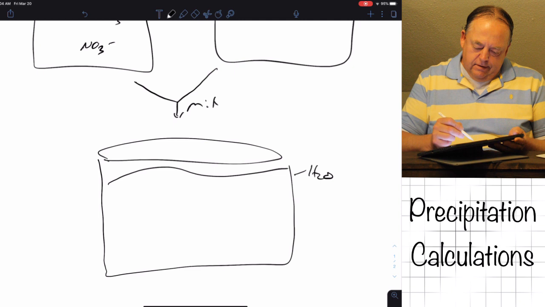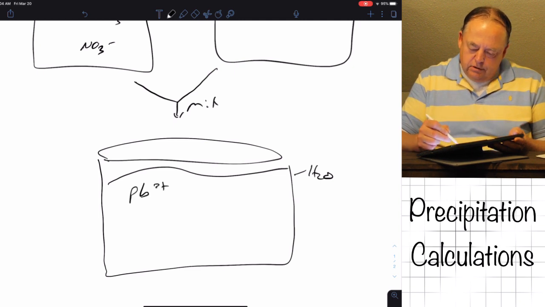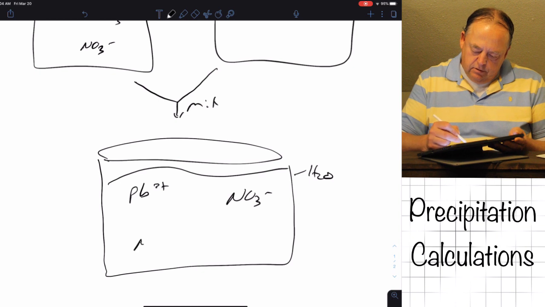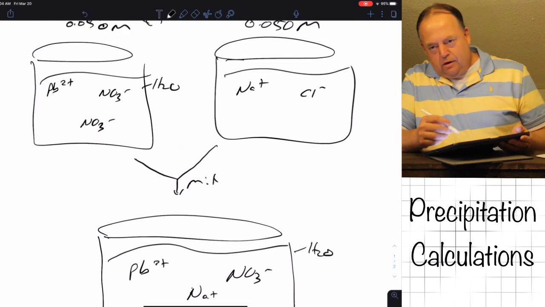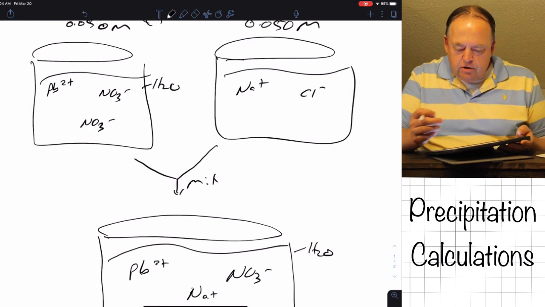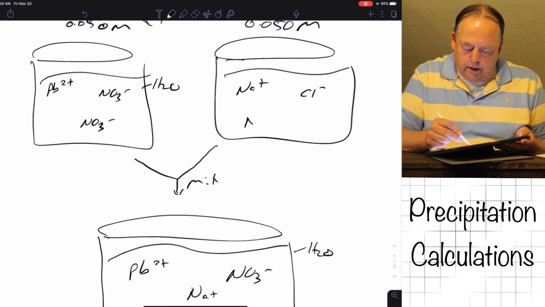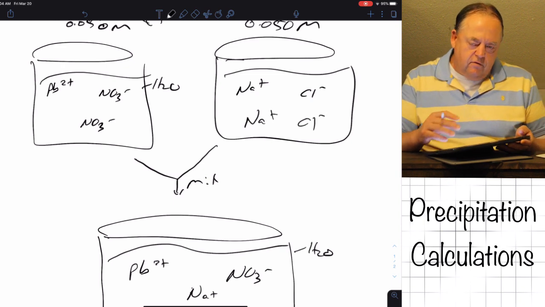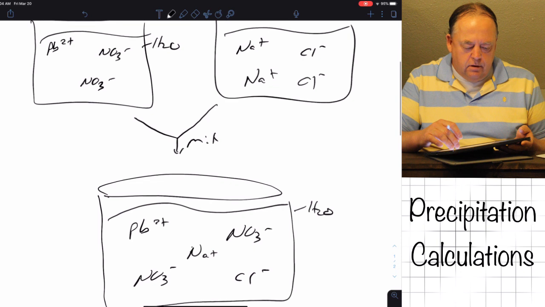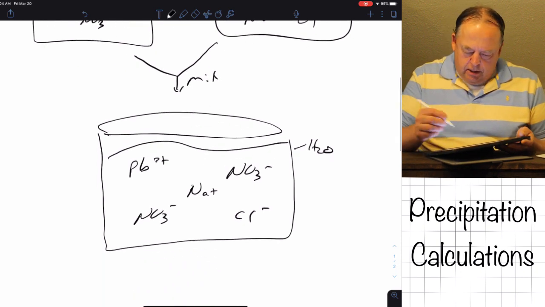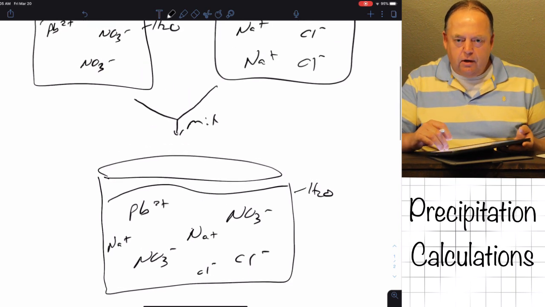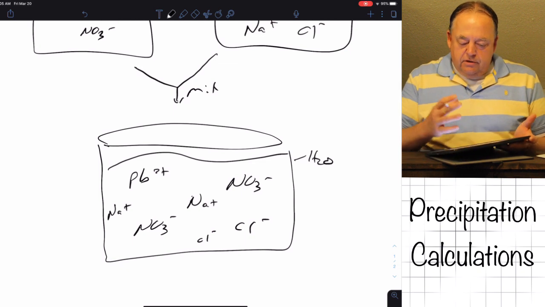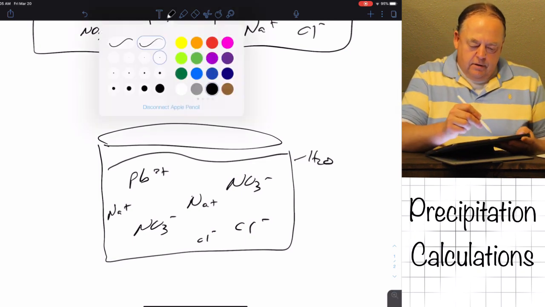In water. So now you have lead 2 plus, 2 nitrates, and sodium and chloride. And so of course if you dissolve just a little bit of lead 2 nitrate and sodium chloride, you have tons and tons of lead, sodium, chlorides and nitrates floating around in solution. So to keep this part balanced for what we're fixing to do, let's just say there were 2 sodium chlorides dissolved, for example. So now you mix the two solutions together, so what can happen is you can form